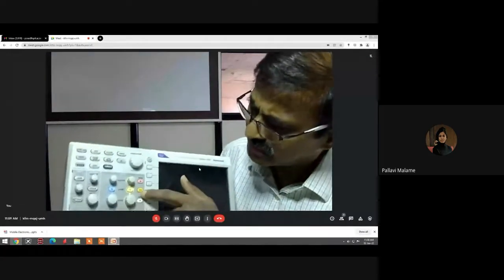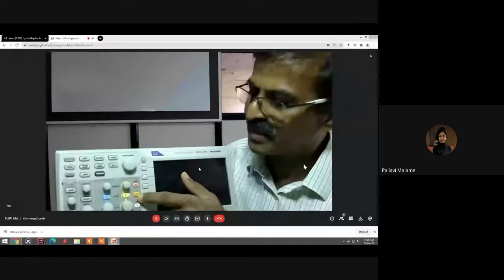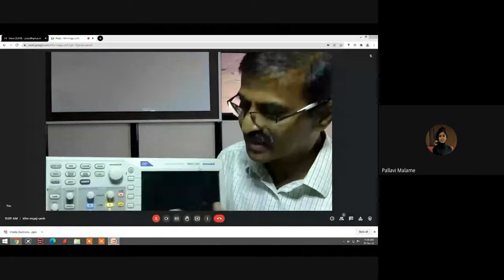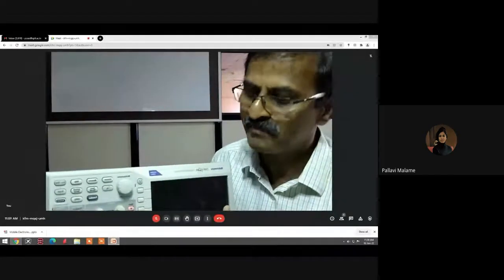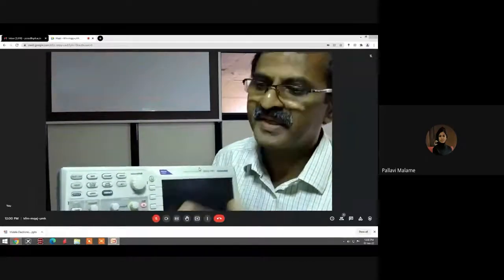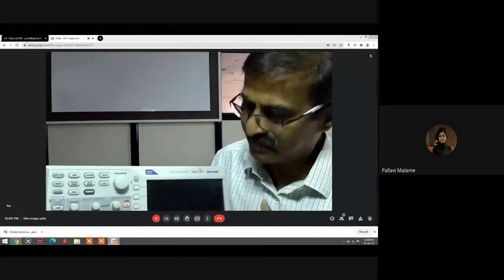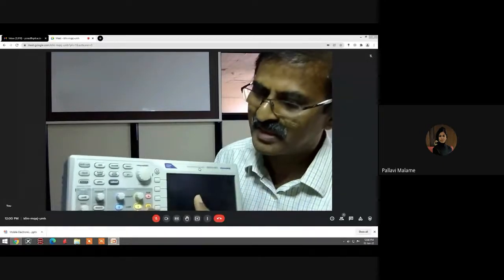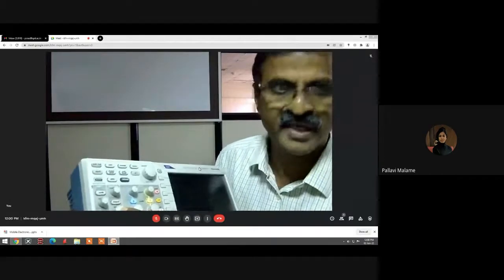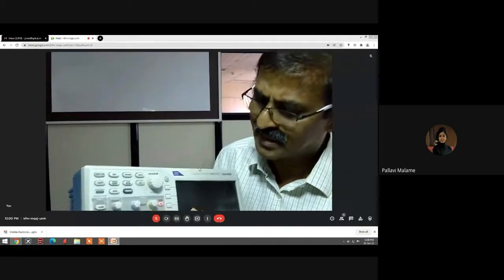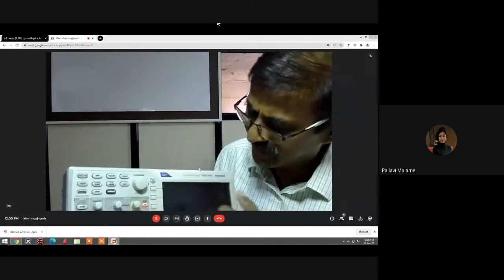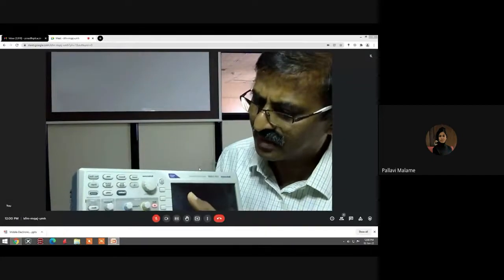As you can see, there is a button called FFT, right? That means if you want to display the signal in frequency domain, that means x-axis is representing frequency, then you can go to this option called FFT. Otherwise, traditionally, we want to display x-axis as time, y-axis as amplitude. So that's where these two knobs, this and this. This is for your scaling of time, and this is the scaling of the amplitude. You can do it. Since two channels are there, both the channels individually you can control the amplitude